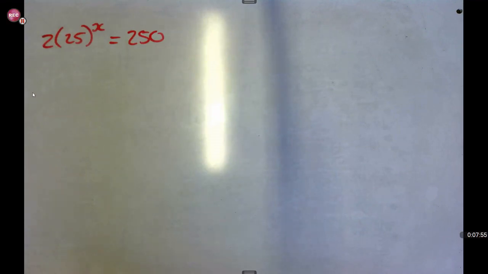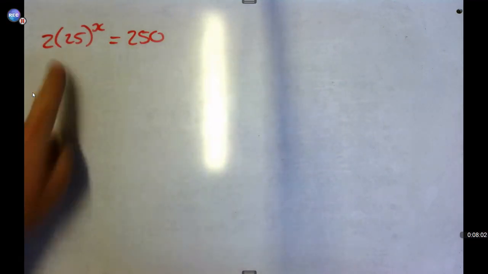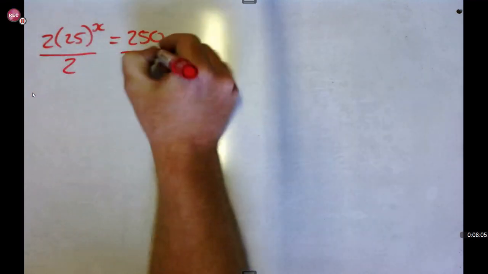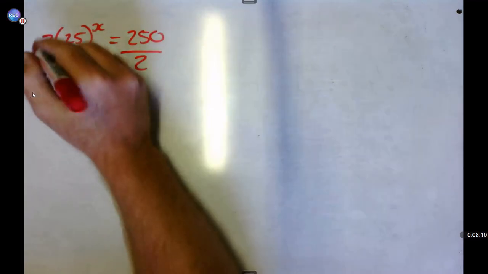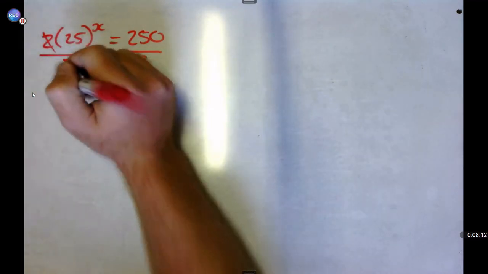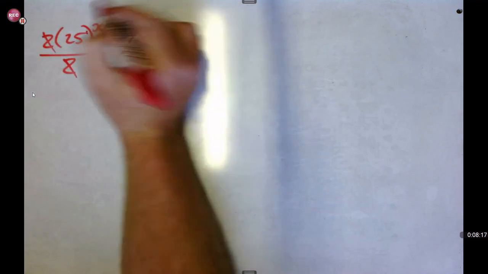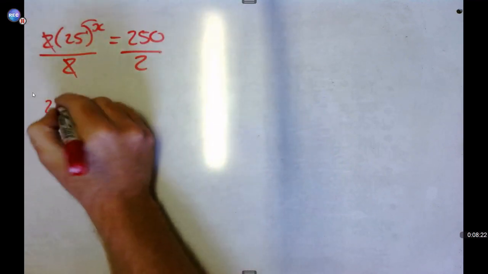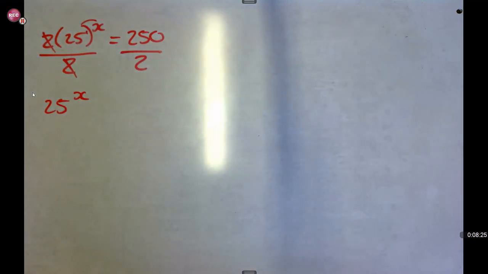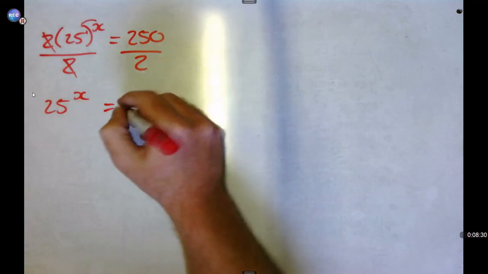Okay, first things first. You want to get rid of the number that does not have an exponential value. In this case, this coefficient over here that has to be distributed, we want to get rid of that. So we divide by 2, but what you do one side, you need to do the other side, because it's an equation. So you get rid of this. Okay? What you'll have then is also, remember there's a 1 over there if there's nothing written. So you're going to apply law number 3. 1 times x will give me x. So you'll have 25 to the power of x. 250 divided by 2 will give me 125.